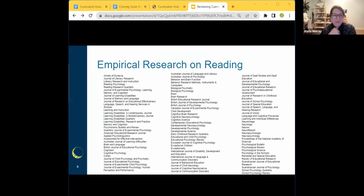Now, you're not supposed to be able to read all this. We did this on purpose with small font. In other words, this is just a sampling of the peer-reviewed journals where these research studies are published. So look at the scope. You have brain, you see psychology, you see speech, language, and hearing, and all manner of different countries, Britain, Scandinavia, all around the world. This research has been going on for decades,